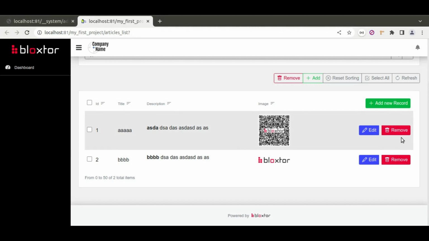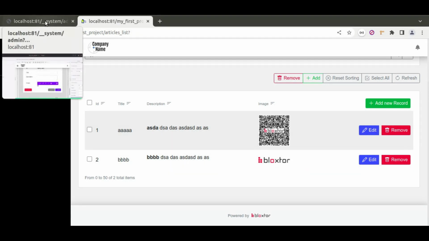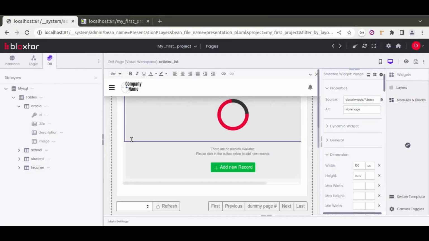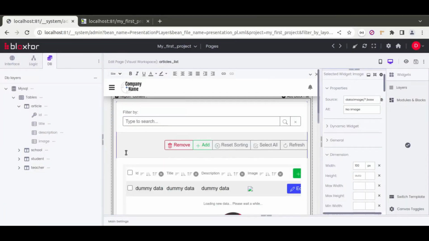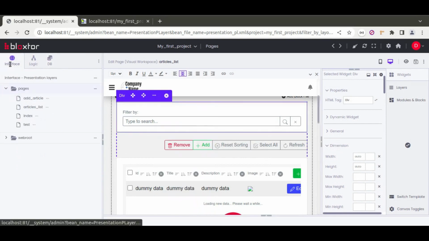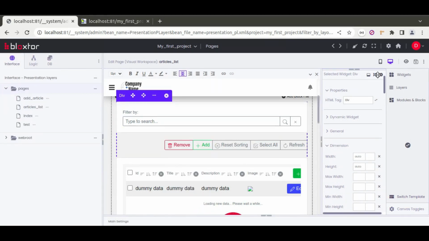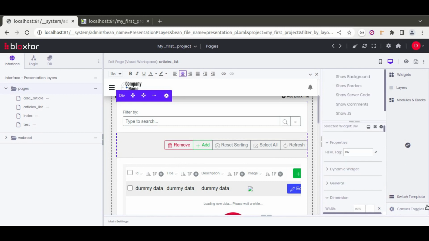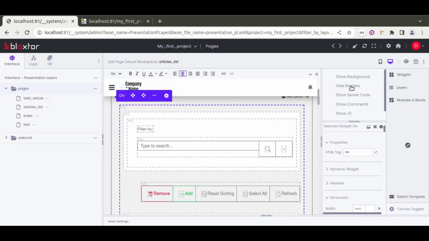Additionally, if you want, instead of editing the things through the buttons, through these pop-ups, we could do everything inline in here. To do that, the only thing that we needed to do is to go back to our editor, select here the main panel, which is this main div here. So in order to do that more easily, we could just click here canvas toggles and do the show borders, where we can see what is the main div,